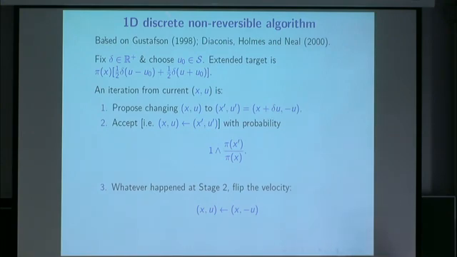However, if I reject the first proposal, here I propose to move there, but I reject, so I just flip the velocity and I'll end up going back the way I've come. Okay, so the composition, even though this one seems silly, I'm just proposing going back the way I've come, because I have this second kernel which flips the velocity, it actually means here with this velocity, and if I keep accepting, I'll keep moving.